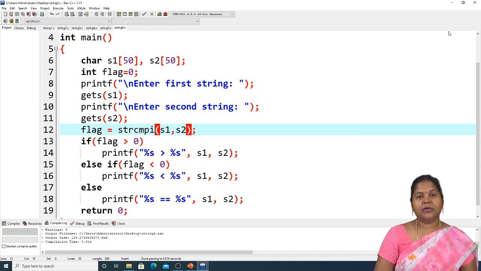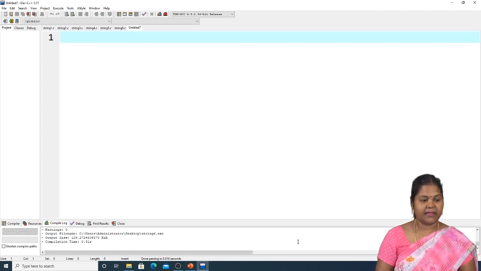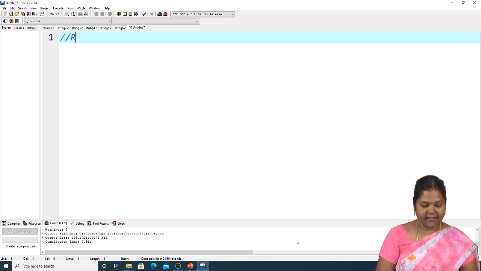So in this program we have learned how to read two strings and compare them using the strcmp function. Now let us go for another program where we need to count the number of words, the number of alphabets, digits and special characters in a string. So write down the program as: read a string